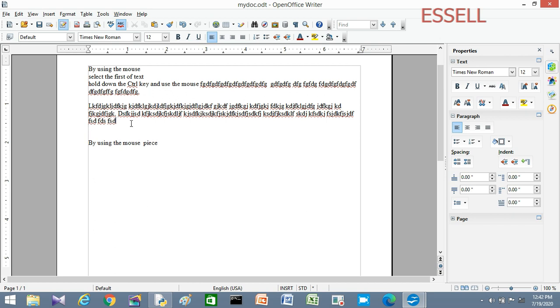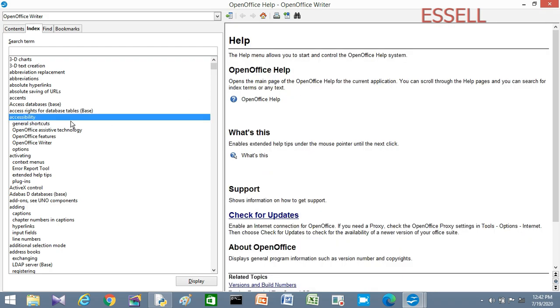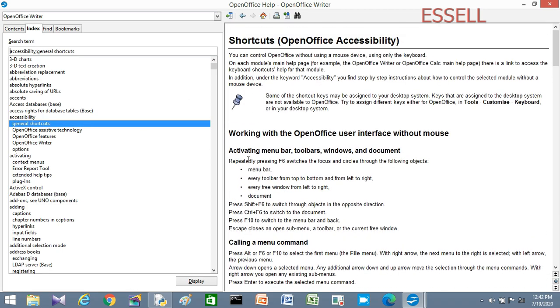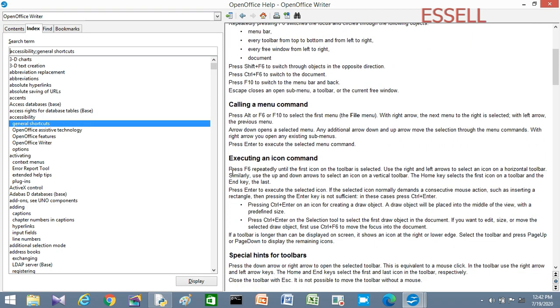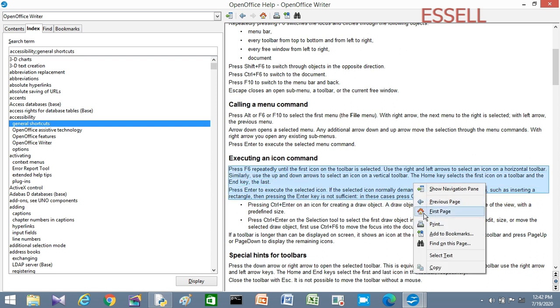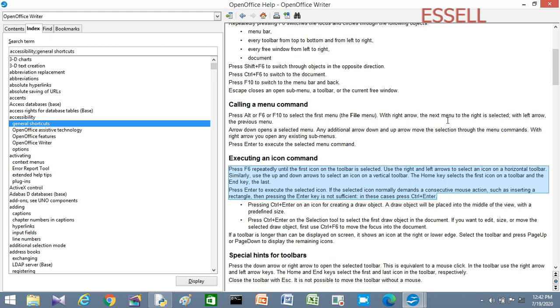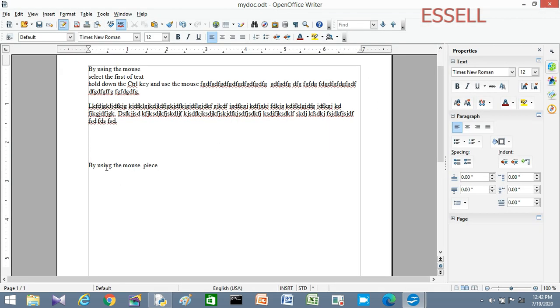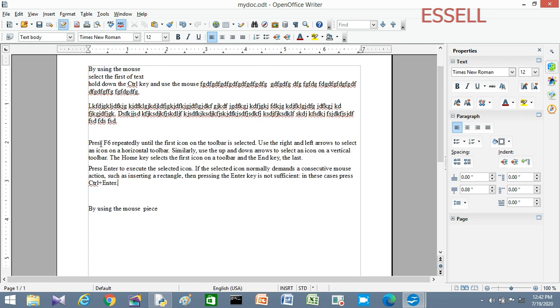How many lines are here? I am putting one example from here. Okay, there are two paragraphs. This is one paragraph, and this is the second paragraph.